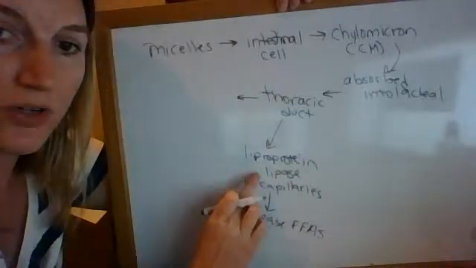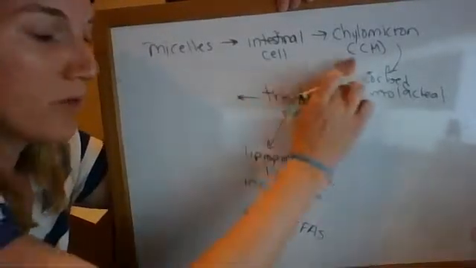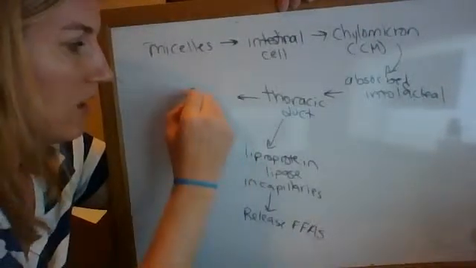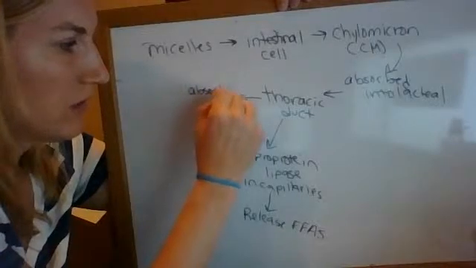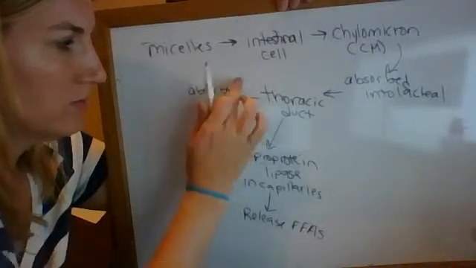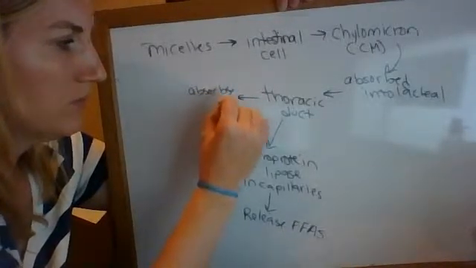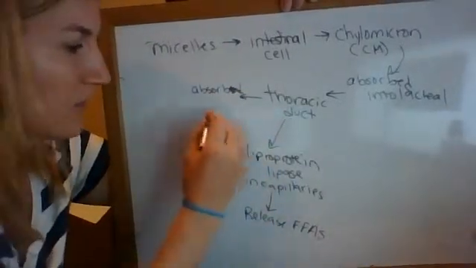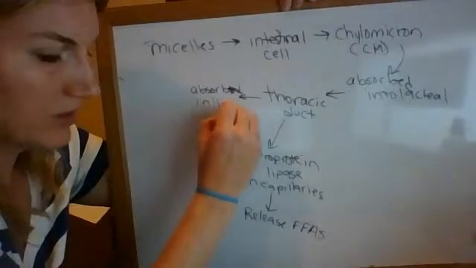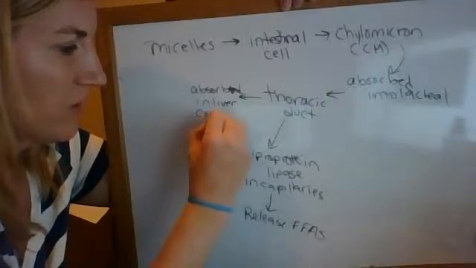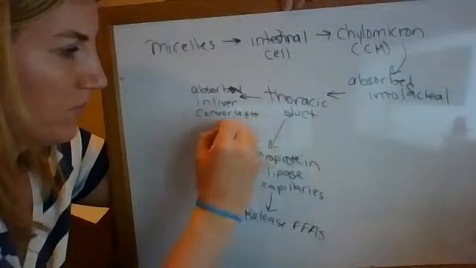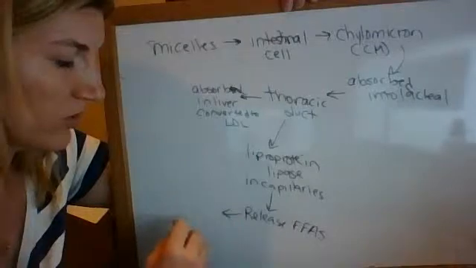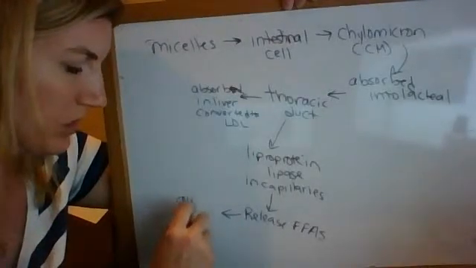First, they can be converted by lipoprotein lipase, or these chylomicrons can be absorbed in the liver. Absorbed. Sorry, brain doesn't work. Absorbed in liver and converted to an LDL. So these FFAs are going to be basically absorbed